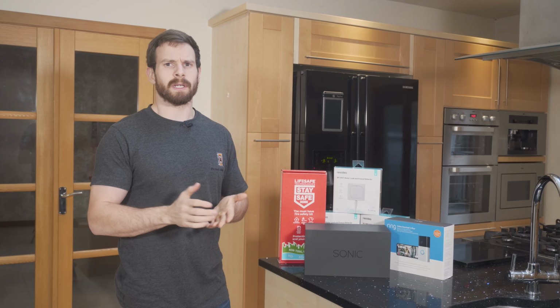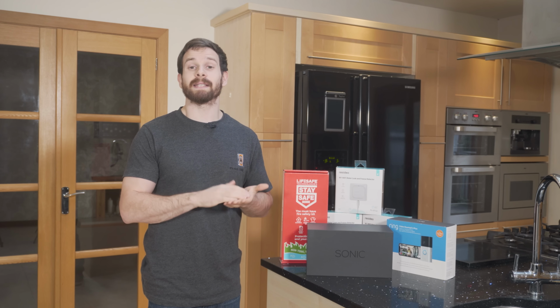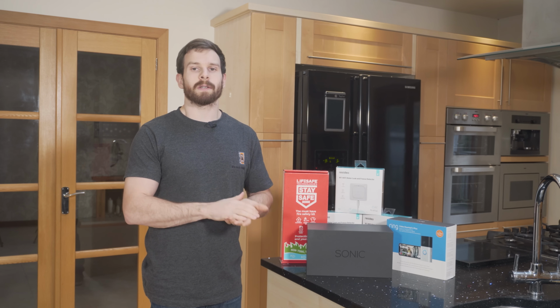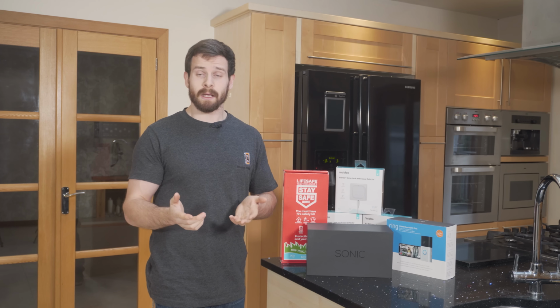And that came as a pretty shocking statistic to me, as I'm sure it does to you guys too, which is why it's appropriate that today we are taking a look at a device that not only monitors your water consumption, but can also automatically kick in and instantly protect your smart home against small leaks, all the way up